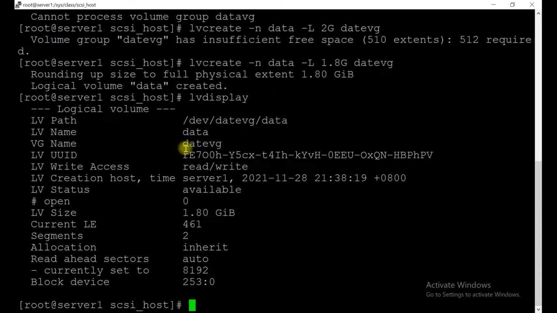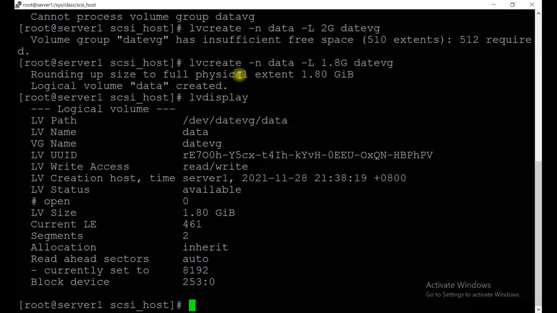So we have one LV, the name is data, and the VG name is date_vg. This is the logical volume ID. The total LV size is 1.8 GB, and currently set to blocks.